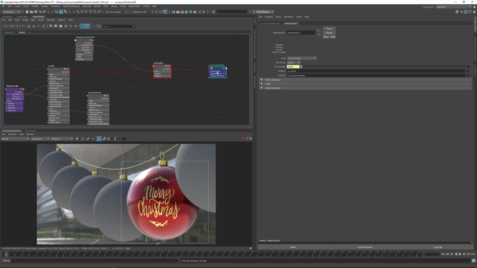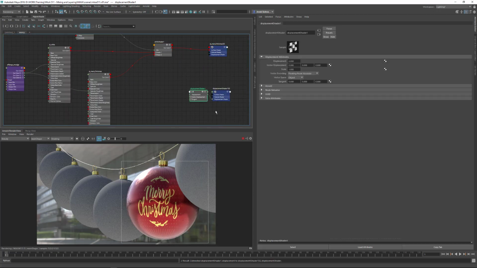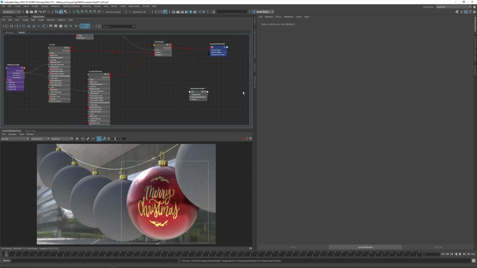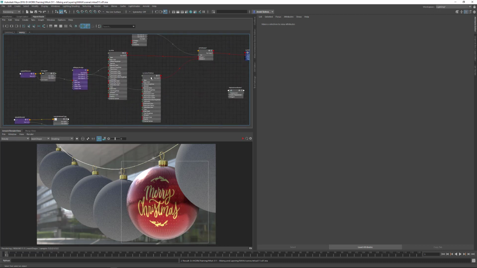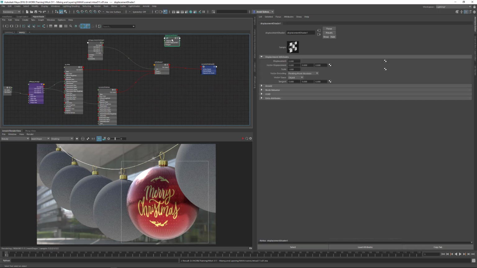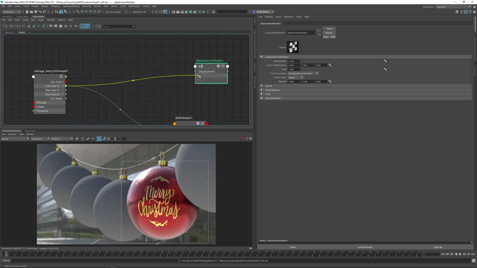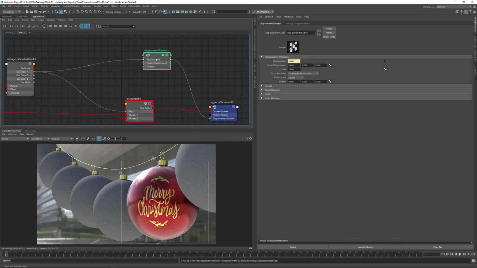And if I now create a displacement shader and just delete the shading engine, and let's just stop the render for now, because sometimes it seems to crash, especially if you reconnect new displacement maps. And let's connect the out red to the displacement and connect the displacement to the shading engine. And I know it's a black and white map, so we want